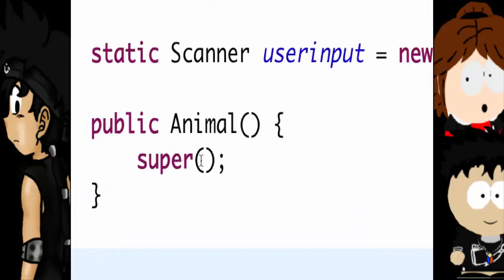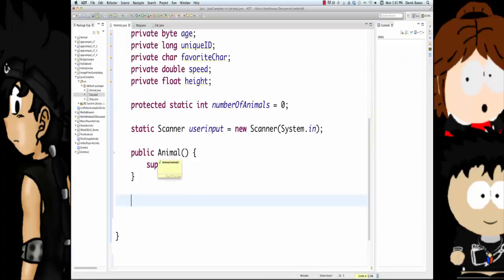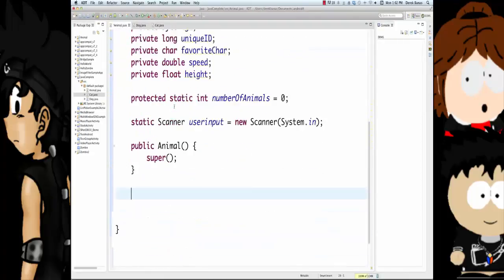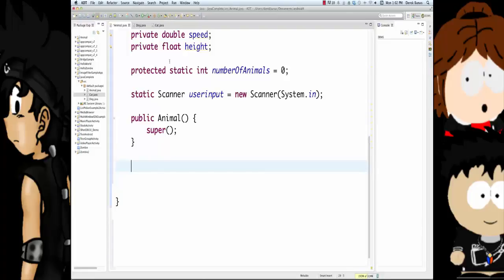Super calls whatever the superclass was for this animal to be executed. In this situation, animal is the superclass for dog and cat. And how you know they are a subclass is dog extends animal. Okay, so this is now a subclass of the type animal. And of course, cat is going to extend animal as well. This is what we call inheritance, because every single field and every single method that is in animal is going to be available to these subclasses dog and cat, since it extends it, and that's inheritance.